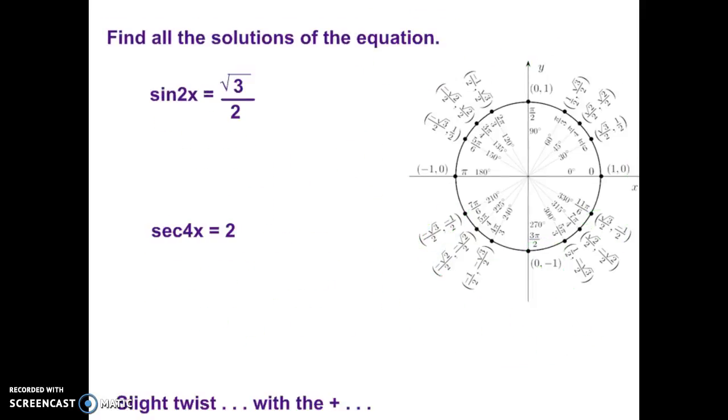So if I were to find all solutions on this interval, I would find out where the sine is root 3 over 2. That would be here and here. So I have 2 pi thirds